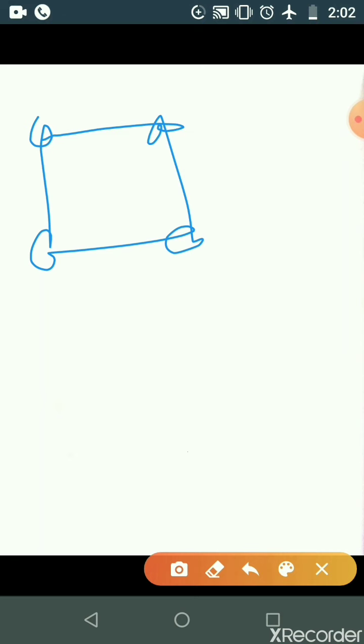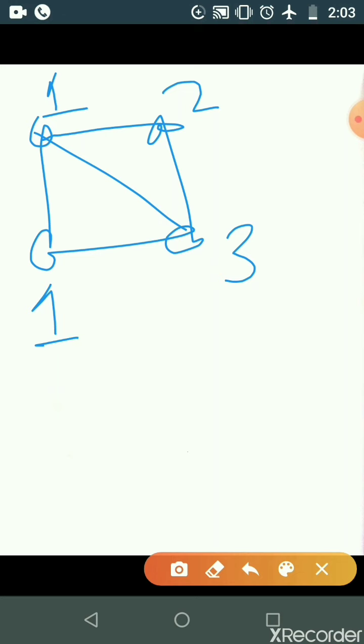from now on I will be just denoting colors by labels, that is 1, 2, 3 and so on. So if you use three colors, here I can use first color, here I can use second color, here I can use third color, here I can use second color or first color or third color as you wish. So if I use one color, then also it is three coloring, correct. And if I use second color, then it's also three coloring. If I use third color number 3 to color the vertex D, then it is also three coloring.